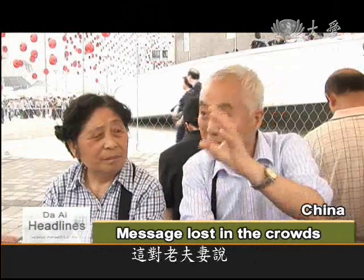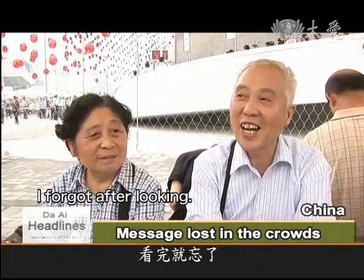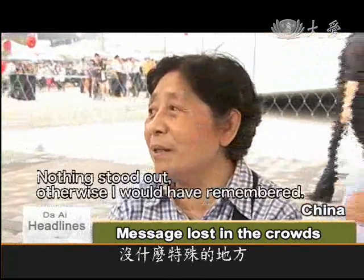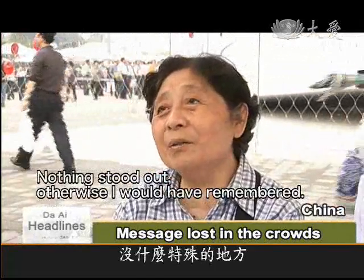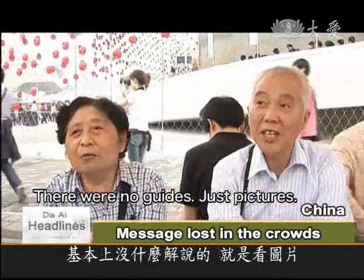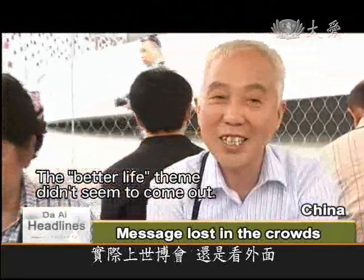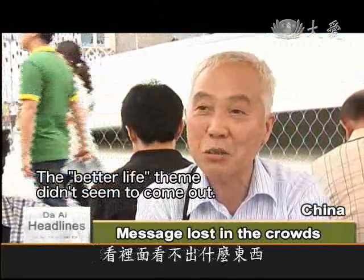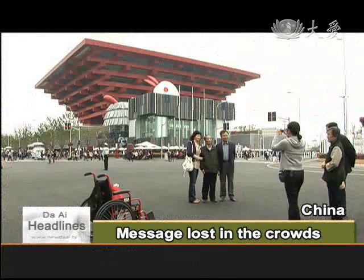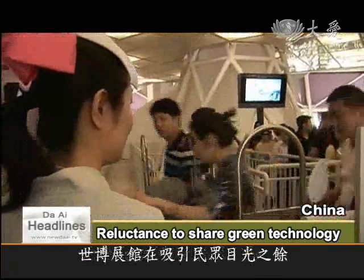This elderly couple say the Expo did not live up to its promise of better living. As visitors who come to learn leave disappointed, it seems to be a shame that the pavilions that can